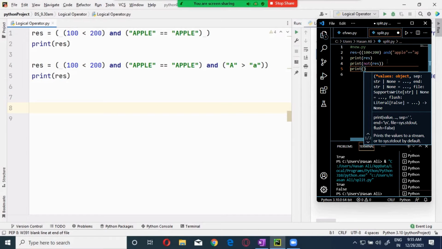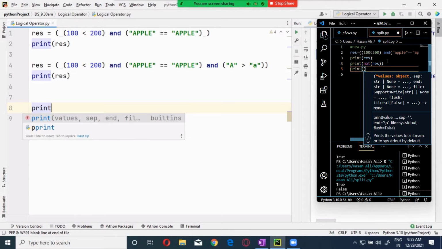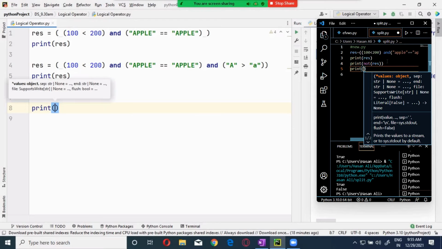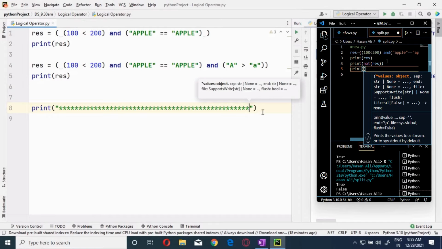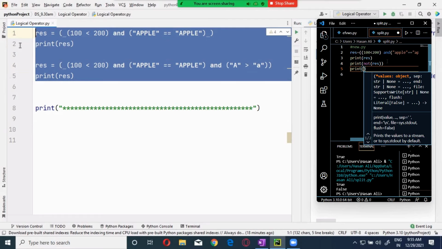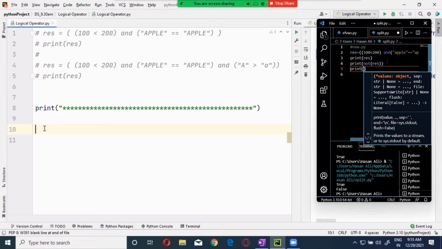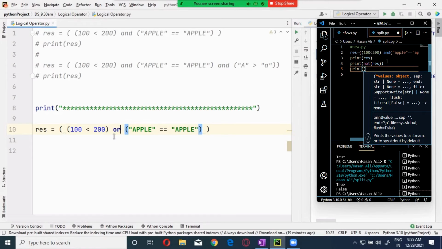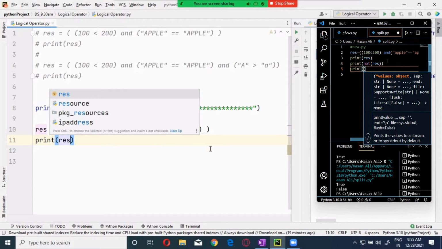Now let's do the OR operator over here. I'm going to comment this one. Now I will give it the same thing. Both are true, there's no problem. You will be getting an output as true only.